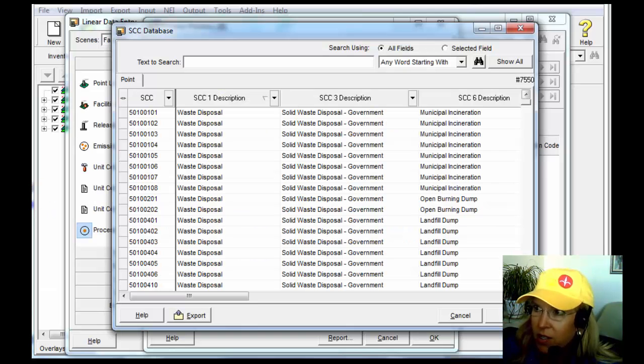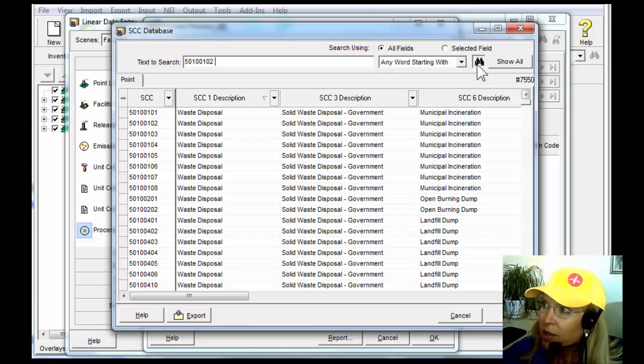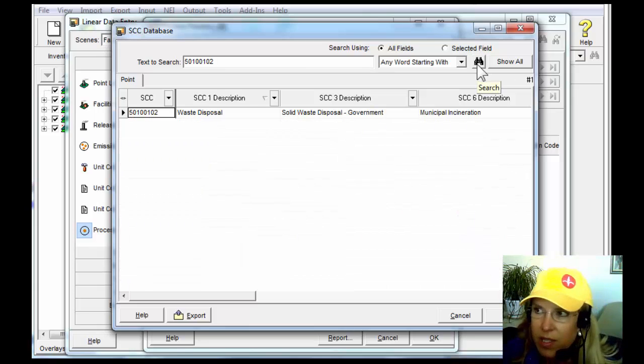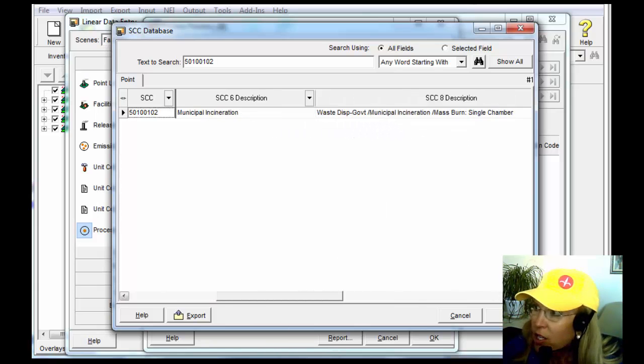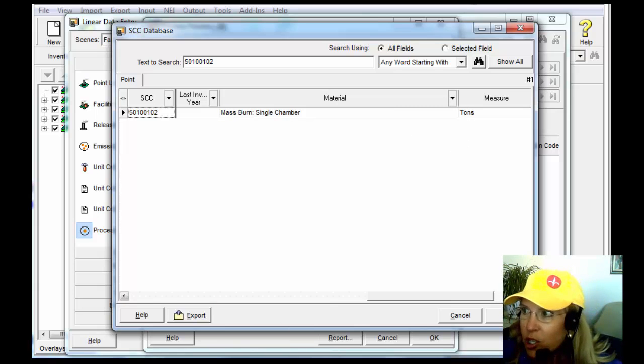Go back into TEISS view and then click in there and then do Control-V or right-click paste and then click the binoculars button, and it comes up with it, and it's solid waste disposal government, municipal incineration, a mass burn single chamber,